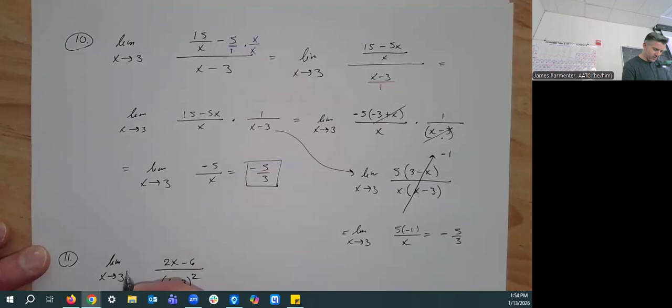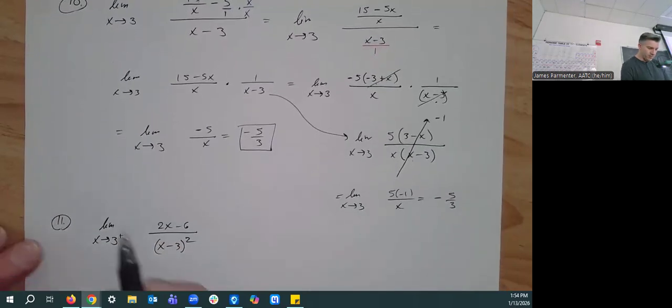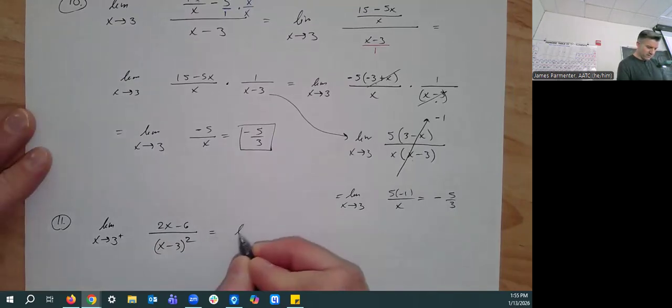Let's go ahead and approach 3 from the right, so the limit will actually be something. So we're getting a little ahead of ourselves. That's okay. So here, if you plug in 3, what do you get? 0 on top, 0 on the bottom. So it is a 0/0 type, but it's kind of misleading because really, if you do some factoring, you get